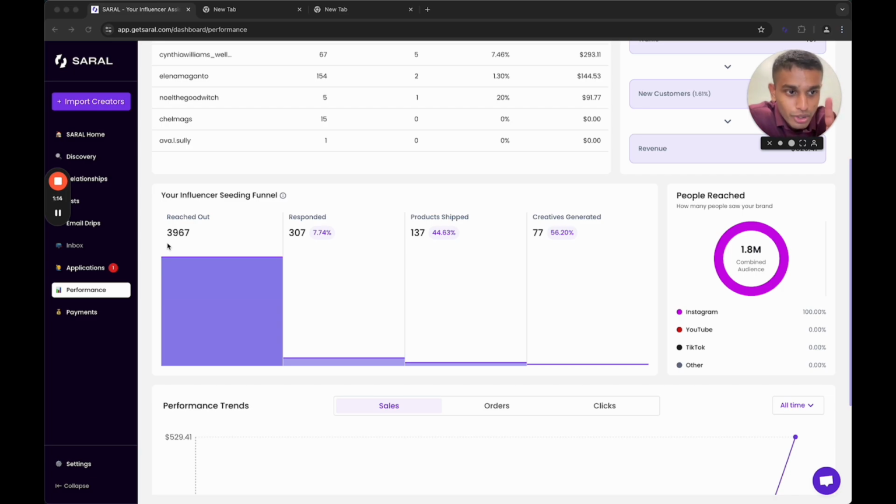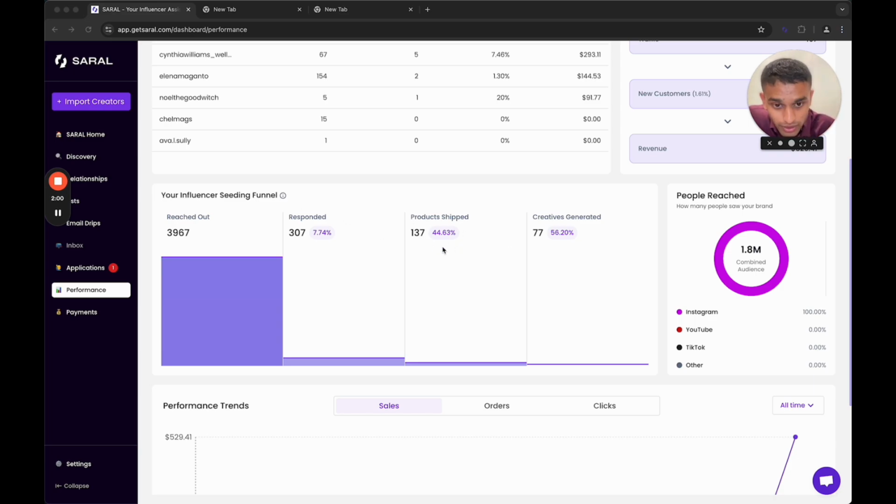From here, let me show you the good thing about doing this analysis, because there may be 2 things that are broken, but in here they are not. This is clearly a phenomenal offer resonance, which means they're shipping for 40% of the people that are responding. That is fantastic. And almost 56% of the people who are receiving the product, that is top of the line for a seeding program, right? 50% of the people who are receiving the product are actually going ahead and posting about it, which is great. So this brand clearly has great offer resonance, which means the people who want it really want it, because whoever is responding, like 50% of those people are getting products, which is great.